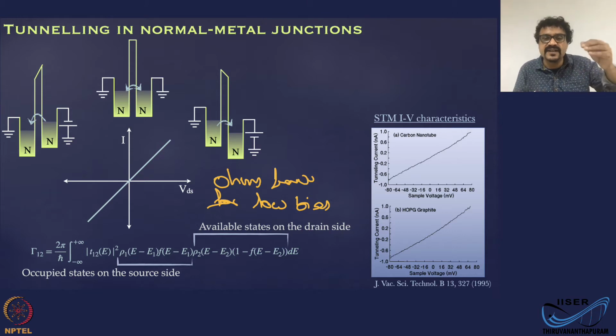So assuming one side has more or less linear density of states, and the other side has a different density of states, then you are going to probe the other side, because this side is always ready to donate electrons or ready to accept electrons or charge carriers. The other side, depending upon its density of states for that particular energy, will accept or donate electrons. So in that case, you will see a response from the responsive system, which is basically a map of the density of states of the other side, whichever has gaps in the density of states.